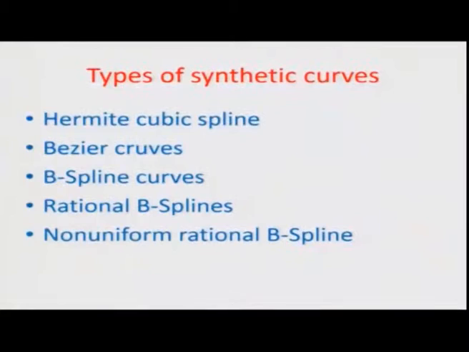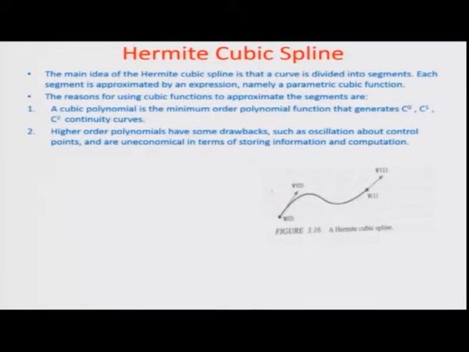So, once we define the continuity between the curves, let us look at some individual forms of representation like the Hermite cubic spline and the Bezier curves. I will leave these other three as food for thought for people who are interested to go a little higher in this domain. My idea here is to give you an example of how computationally we can handle complex contours, what we call free forms or organic shapes. So, what is a Hermite cubic spline